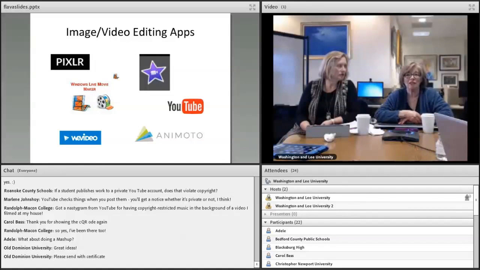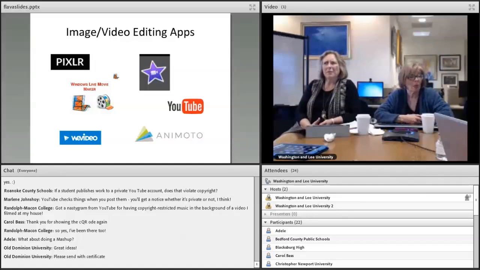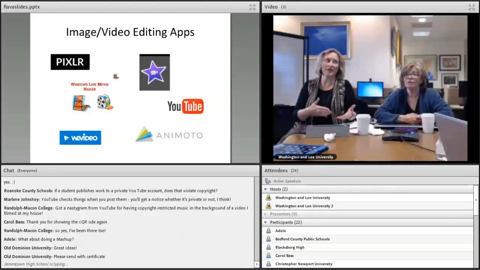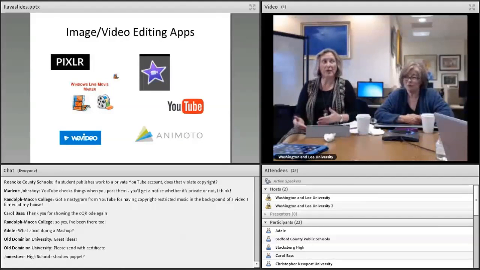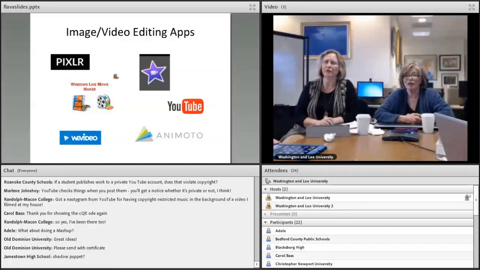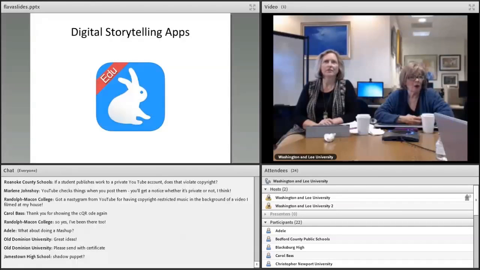So the only downside for digital storytelling kinds of things is you're supposed to be able to add text, but neither one of us has been able to make it work. I'm thinking that the text function, even though it's supposed to be part of the free version, might not be, because they've also changed their pricing and gone to a subscription basis. I think it was a purchased app before, so it's a little bit different. You have to kind of pay attention. So it's hard to get narration with Animoto. If somebody in the chat knows a little bit more about that, like I said, Sharon and I both tried, and we could not get the text to show up with our free version.